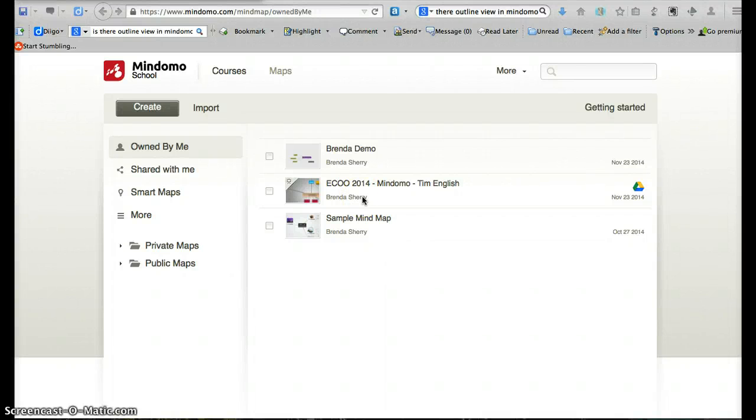This tutorial will show you the basics of creating a mind map with Mindomo, and we'll stick basically to creating the bubbles, the links, and the text features of creating a mind map. After you log into your account, you'll come to your home page, which will be where you will see all